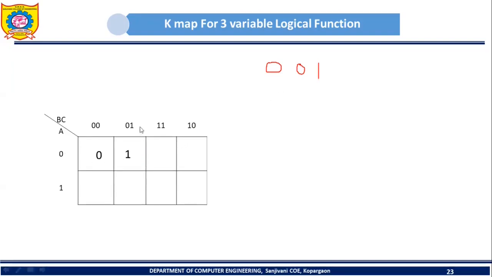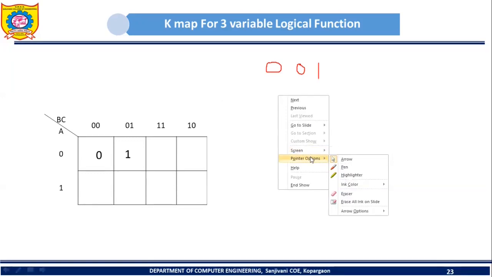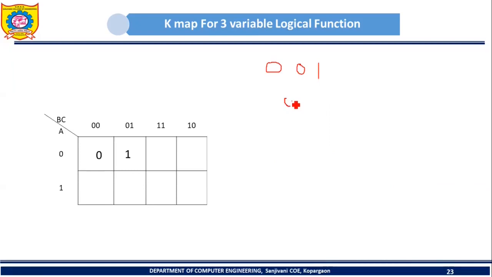Then where will be the 2? So what will be the next input combination? So the next input combination is, yes, it is 0 1 0, right? Initially we have 0 0 0, okay, then we will have 0 0 1, then we will have 0 1 0. So 0 1 0, it is a binary number. If I convert it into decimal, then I will get 2. So which is cell number 2? So this is 0, then here we have 1, then can I have 2 here?